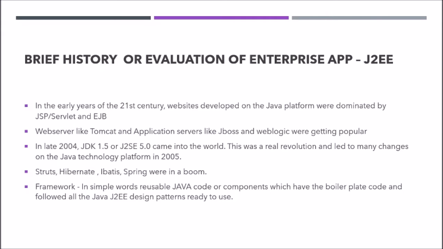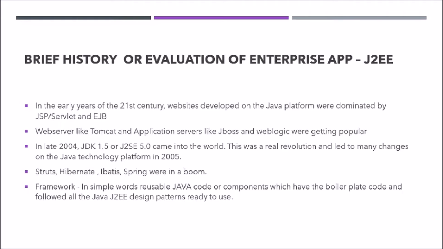People used to write server-side programs using Java, and used Java design patterns to solve some design problems. These design patterns have some boilerplate code, for example creating and closing a connection to a file or database. Those pieces of code are written one time and used throughout the application, so it's kind of boilerplate code.